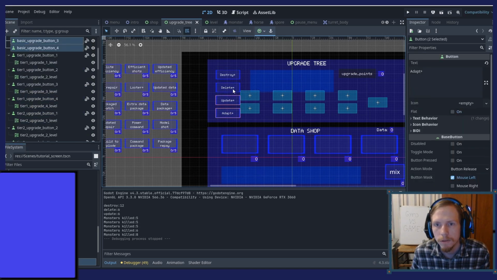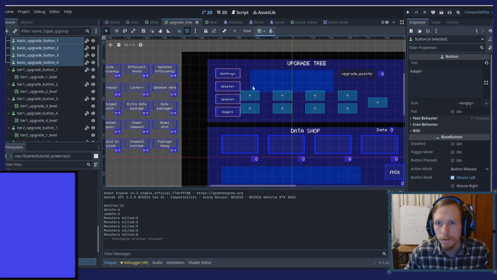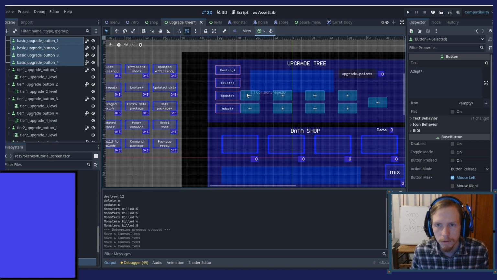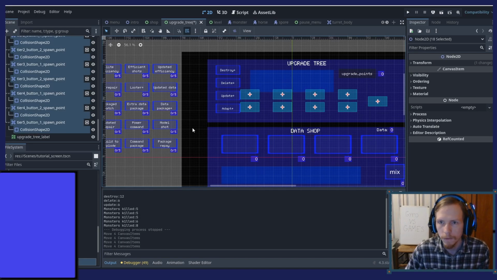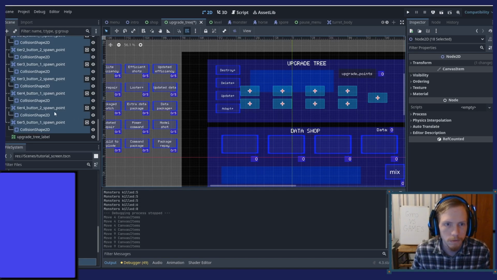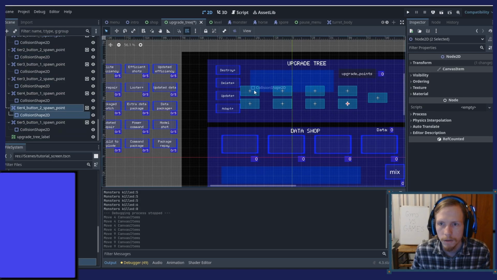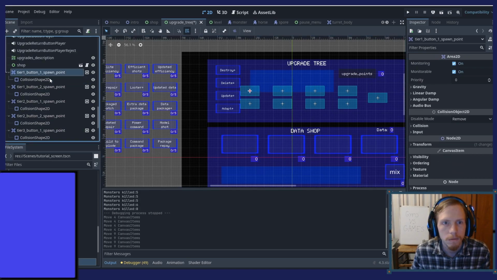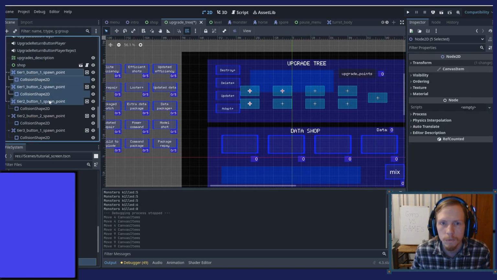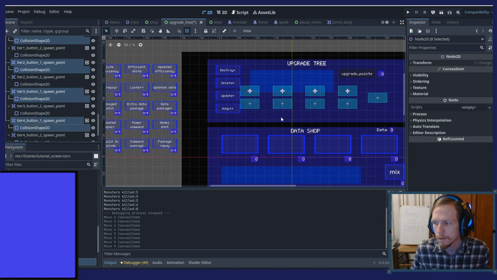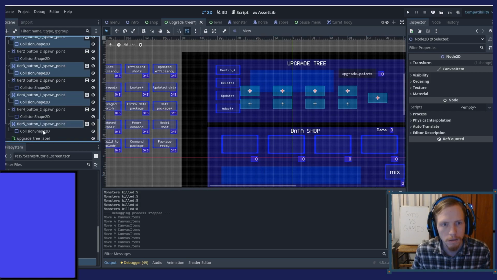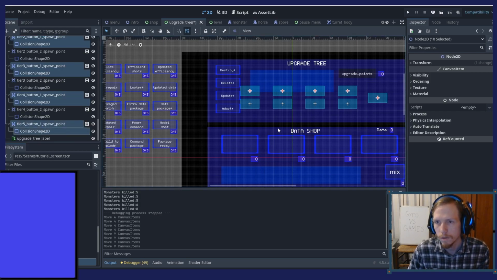Oh, wait. I don't need to move those. I need to move this. Yeah, like this. Now this also goes over here. And then here button one, here button one, this one, this one, and I think tier 5 too goes.